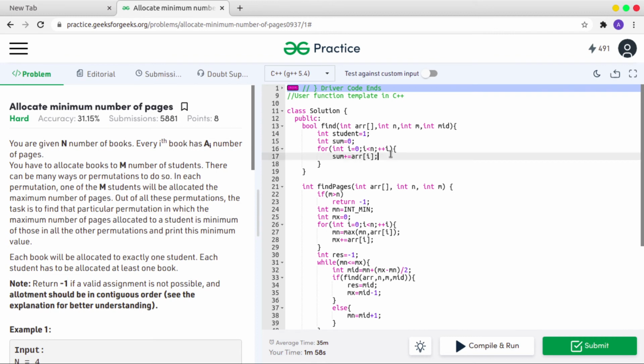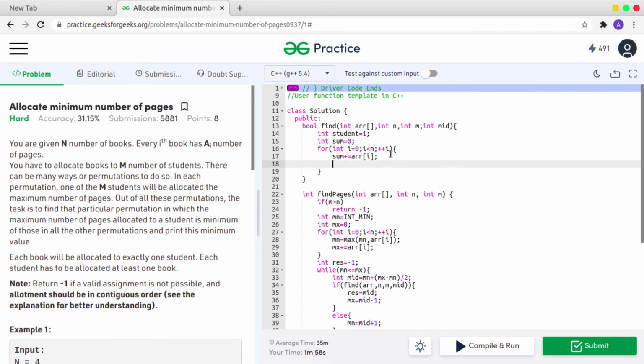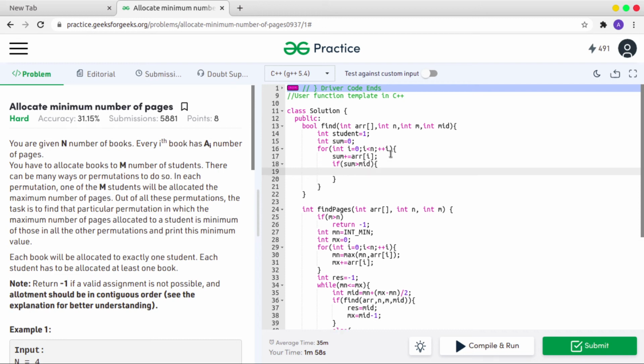Suppose if my sum is greater than mid, I don't want that, because it would be like you have allocated 50 books and you are giving him 70 books, you can't. Similarly, the sum will be here 0. No, sum will not be 0, sorry. Sum will be arr[i].